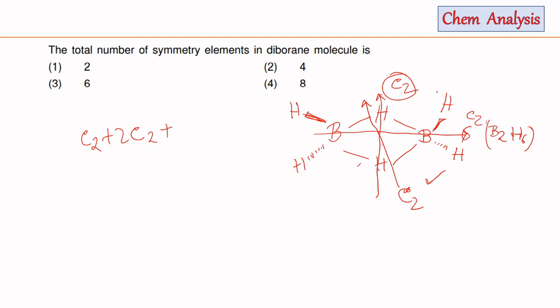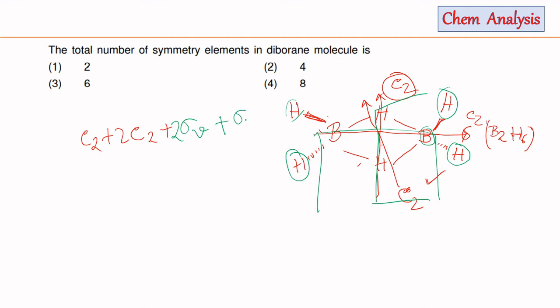Similarly there will be two sigma V planes that will contain this C2 axis. One sigma V plane will pass along this and one sigma V plane will pass along this. You can think by yourself that both the two sigma V planes will contain the principal C2 axis, and one will be perpendicular to this principal axis, that will contain this boron, this hydrogen atom, similarly this boron atom, this hydrogen atom, and this hydrogen atom, and that sigma plane will be the molecular plane, that is sigma H,